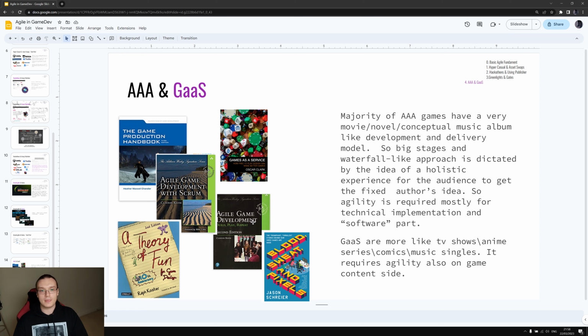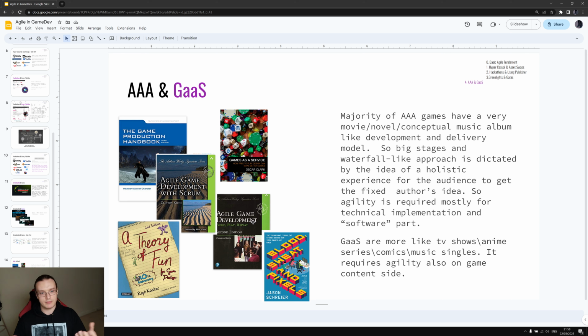And a thing about games as a service. The very important thing to distinguish classical AAA games and games as a service is actually that still the majority of AAA games are very waterfallish. They're very movie, novel, or conceptual music album like, because they need to go through all the stages as in the Greenlights and stage thing. So this is dictated by the idea of